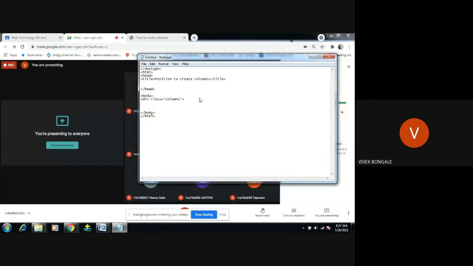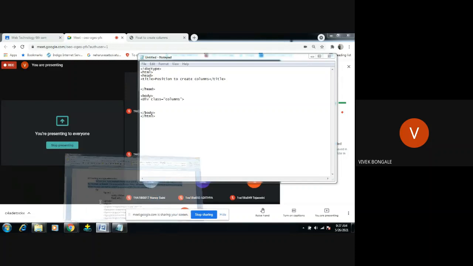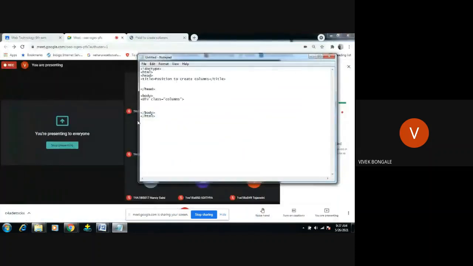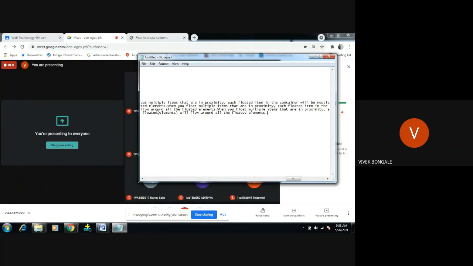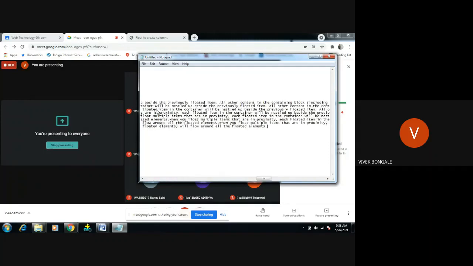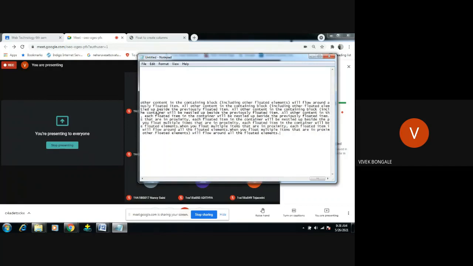So what I will do is copy the same content, Control C, Control V. I need more paragraphs, so multiple times, maybe thrice, we're going to paste the same content. One more time I copied, Control V. This is what I want to display as a paragraph.